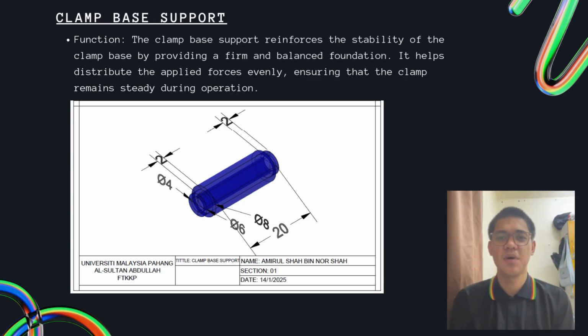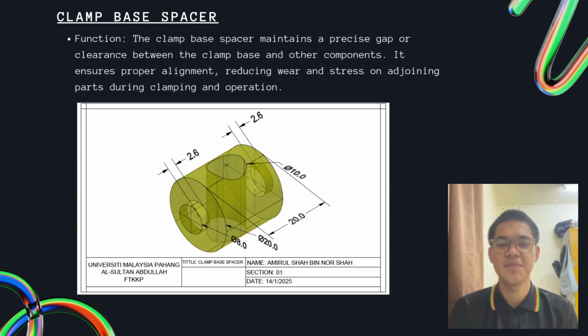For the clamp base support, the function is to reinforce the stability of the clamp base by providing a firm and balanced foundation. It helps distribute the applied force evenly, ensuring that the clamp remains steady during the operation. And here is the drawing of the clamp base support. The function of the clamp base spacer is to maintain a precise gap or clearance between the clamp base and other components. It ensures proper alignment, reducing wear and stress on adjoining parts during clamping and operation. And here is the drawing of the clamp base